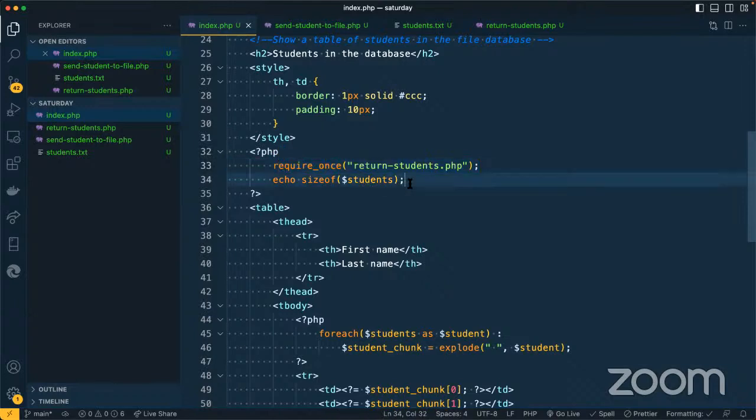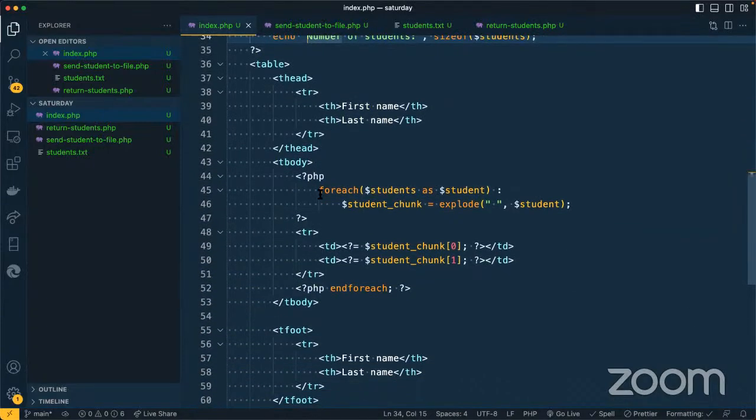So we read how many students are in the file. In fact, we can write here number of students and do that. Then we can do something like that to make it look more organized. Then we went ahead here and used the for each loop to loop